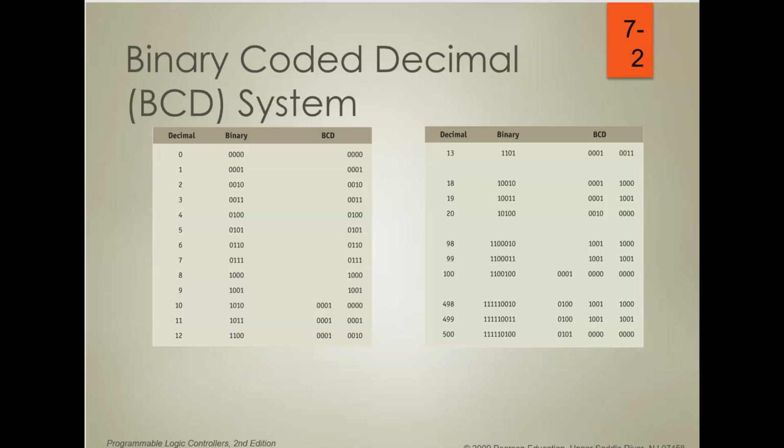Okay, what is a binary coded decimal system? A binary coded decimal system uses 4 binary bits to represent each decimal number from 0 to 9 separately. Let me show you this by an example. So let's assume that we have a decimal number. So our decimal number is equal to 11. This is a 2-digit